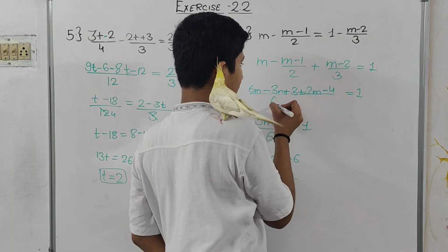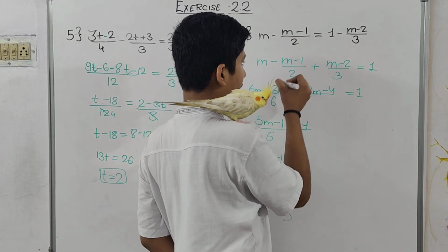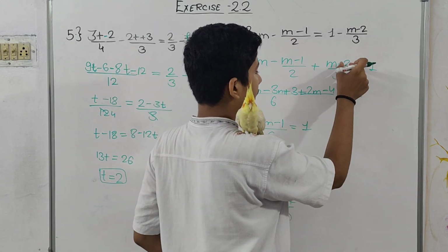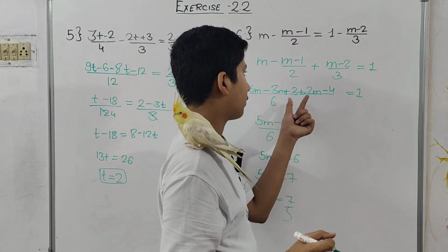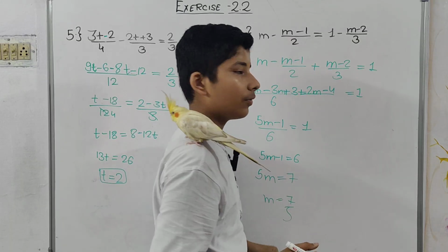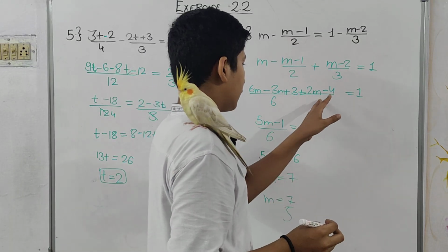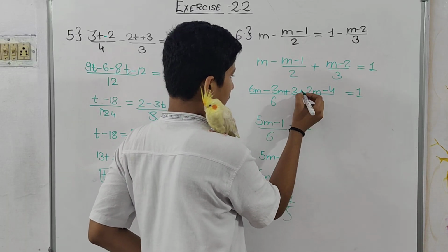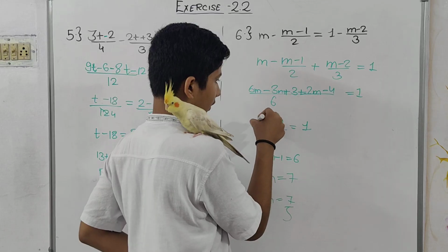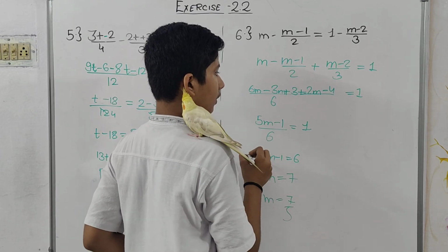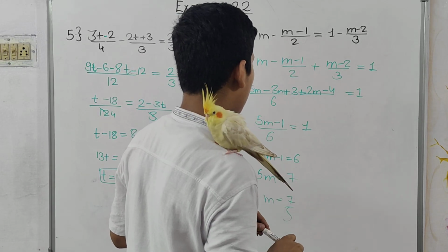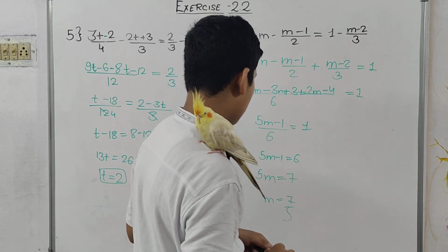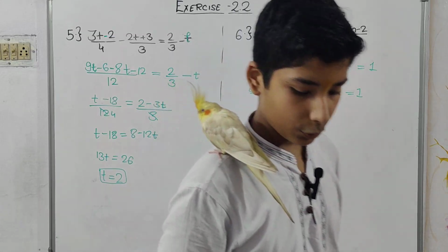Okay, now 6m, this 2 3 times, 3 times. Now this will be negative, this will be positive, so 3 twice, so 2m, 2 into 2 is 4. Now this will go that side, which will become 6. 6 equals 6 plus 2, 8m minus 5, this will be 5m minus 1. Yes, it is the correct answer. Now we come to our next question.